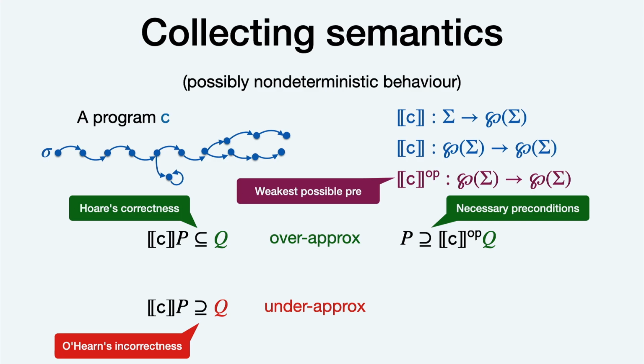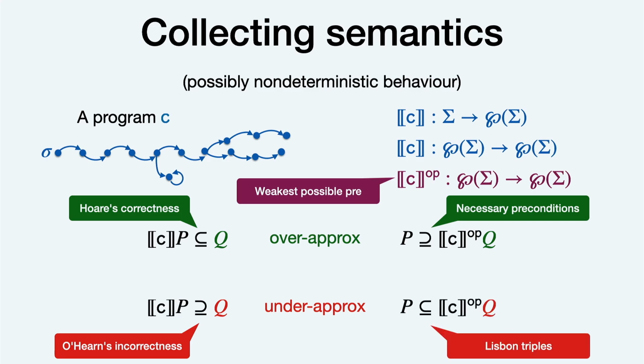And using the weakest possible predicate transformer, we can express the necessary precondition logic as an over-approximation of the backward semantics. And Lisbon triples,